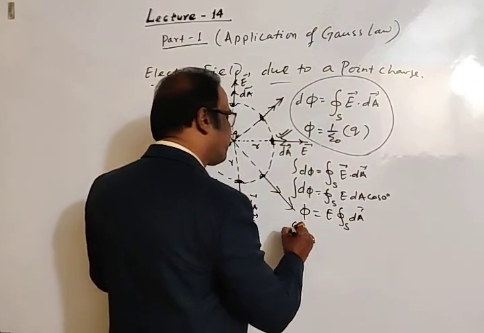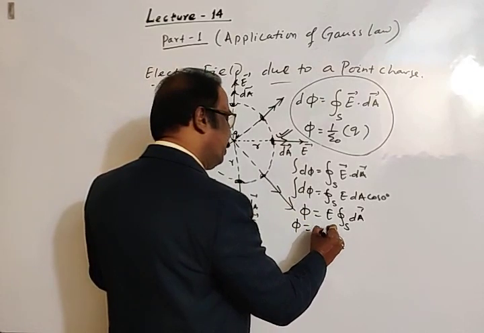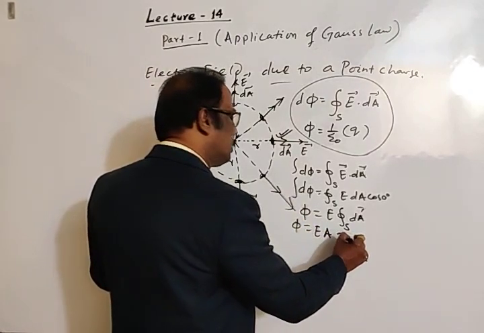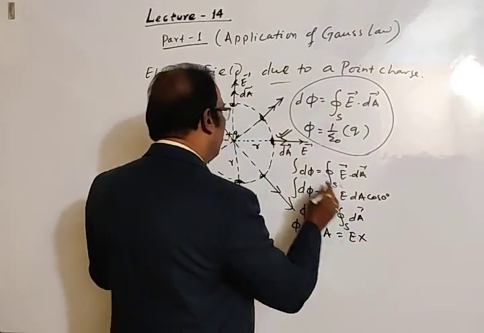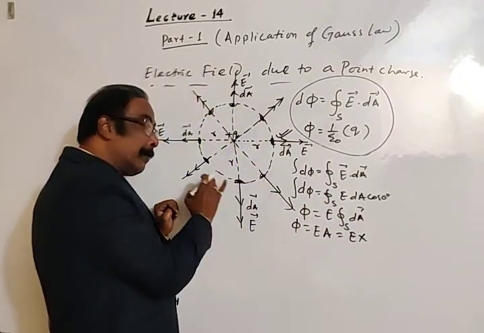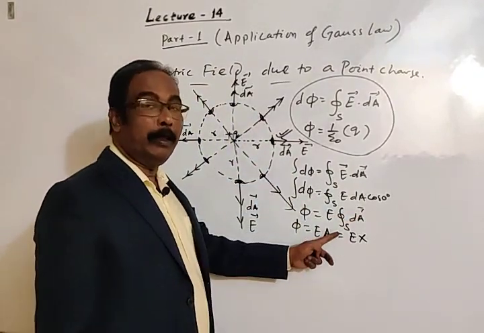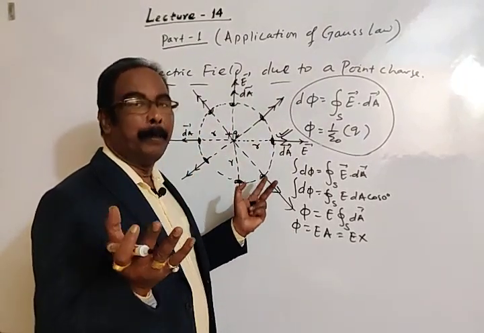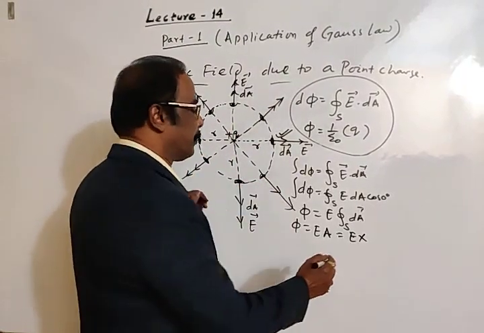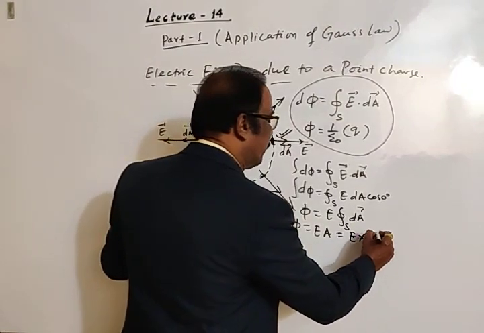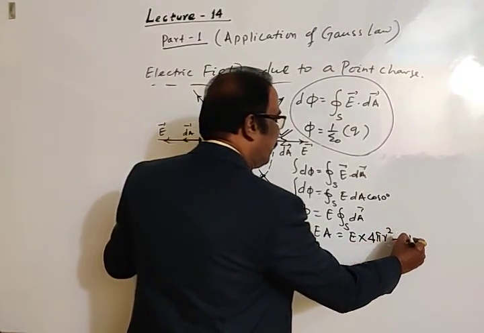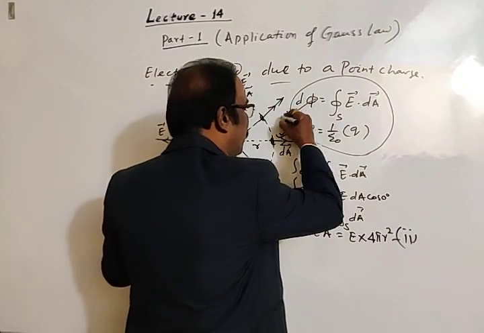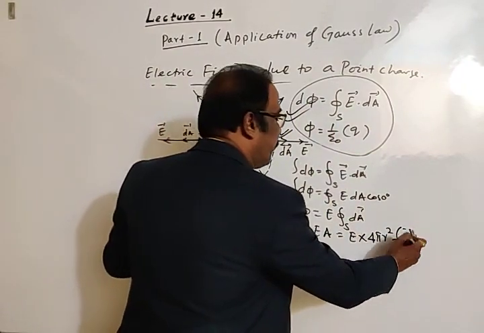For the whole surface, flux is equal to E into A, electric field into the whole surface area. Integration of dA is A, the whole surface area of the imaginary spherical surface. The whole surface area is 4 pi r square. Equation 1,